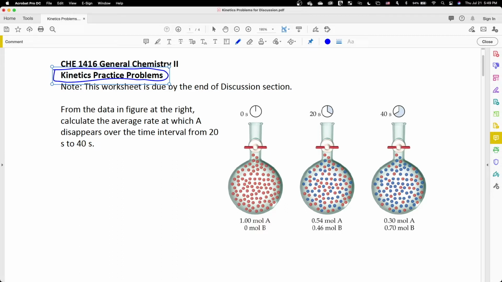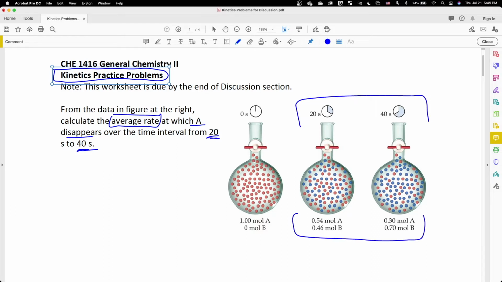This first question is pretty simple. It's asking about the figure at the right where A is disappearing over a time interval of 20 to 40 seconds. It's asking what the average rate is in that time period, right? So since it's asking for the time period between 20 to 40 seconds, all we care about are these two flasks right here, right? Remember then that the average rate